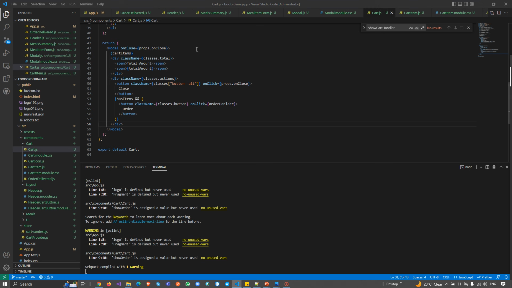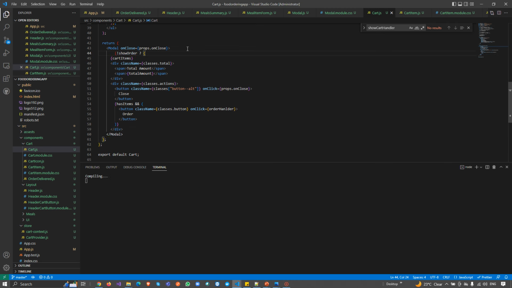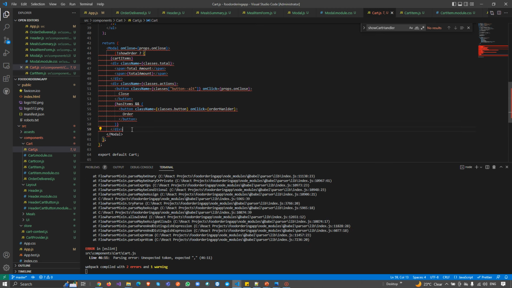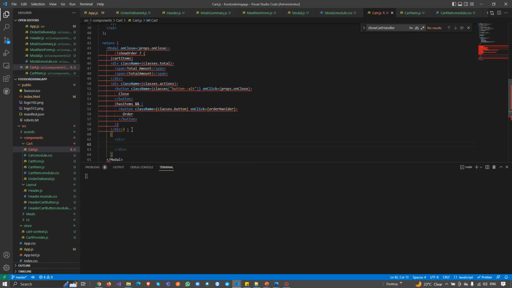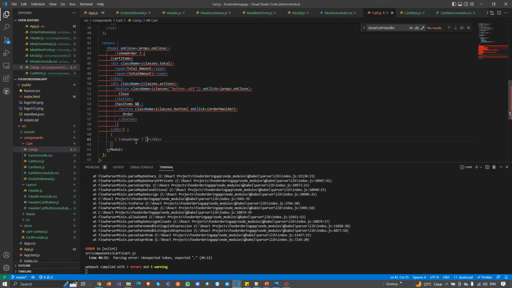If this show order is true, I need to show this div. Otherwise, I need to show something else, which is a div. And here I can directly write the component name,